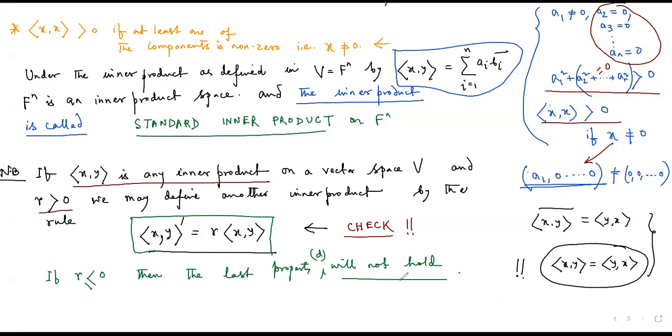And also remember that the standard inner product is usually called the dot product. But there is a catch actually. It is not that easy as you are thinking. What is dot product? Suppose we have a vector A, we have a vector B. And in school, we have learned that the dot product between the two vectors is actually the modulus of these